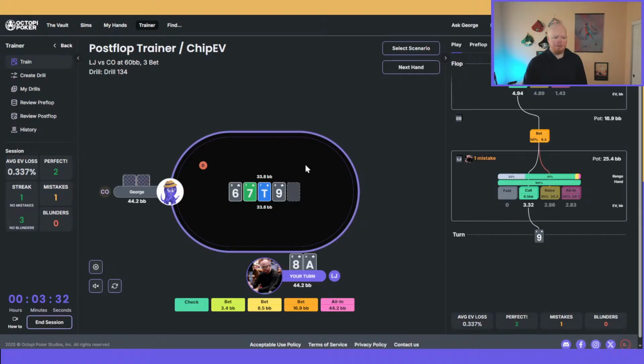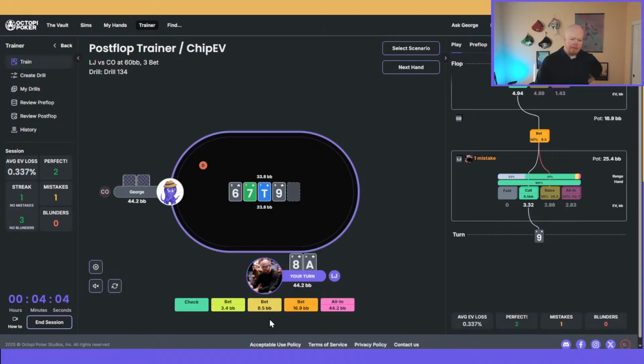So I think this is a really interesting spot because it's one where our range is extremely condensed into a lot of hands that interact with this board texture. So I certainly think we can at least consider donk betting here because there's a lot of hands in George's range that have some really awkward decisions against donks. And we did obviously make a straight here. I think that if we're going to donk, we probably like the